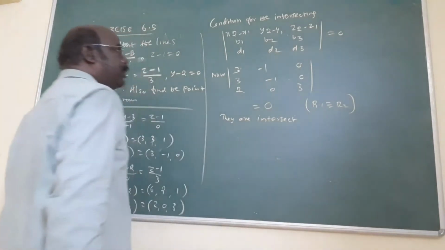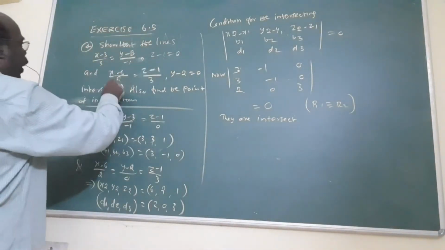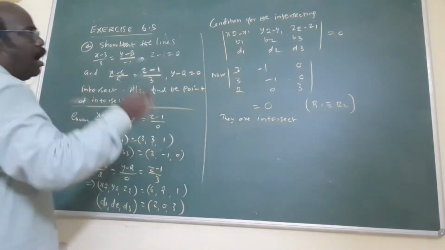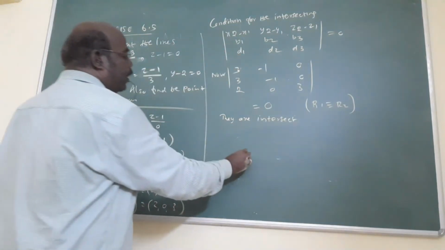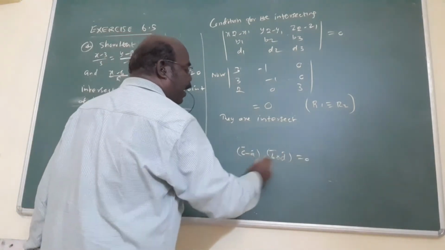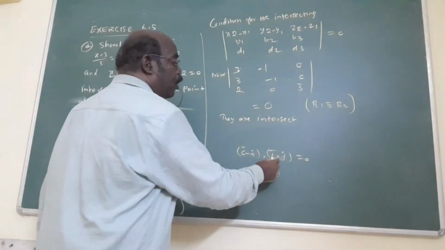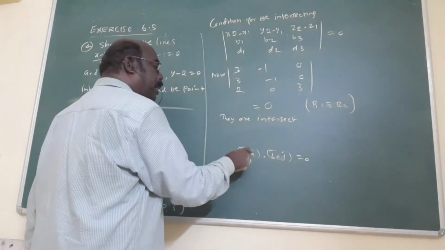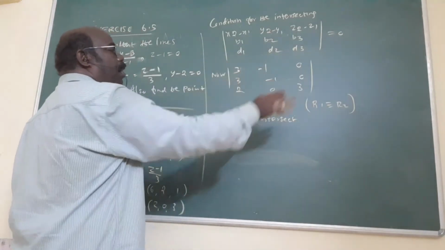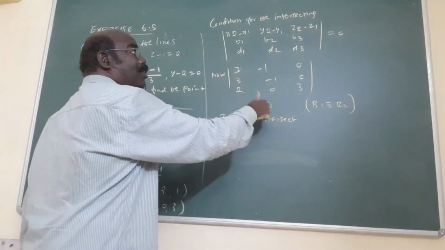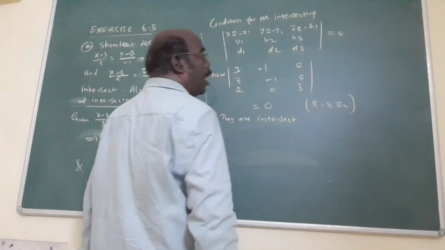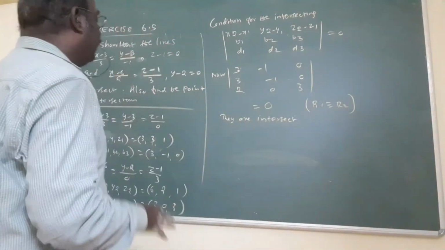What is being asked? That these two lines intersect. That means the determinant is equal to 0. Or otherwise, (C vector minus A vector) dot (B cross D) is also 0. In this way also you will find, no problem. But here you first find B cross D vector, then C minus A, then dot. 3 steps are coming. But here you only write the formula, substitute all the values, and immediately we get the answer 0, because without expansion, this type of problem has 2 rows or columns identical. That is 0. This is the first part.